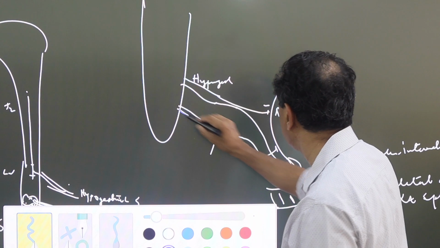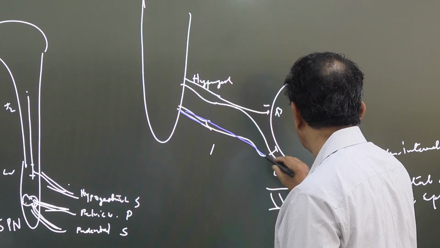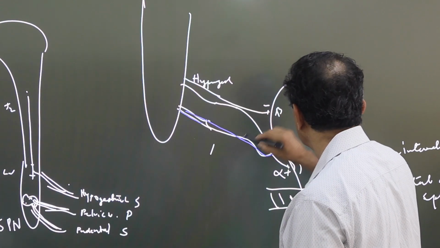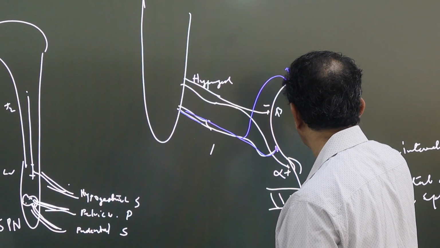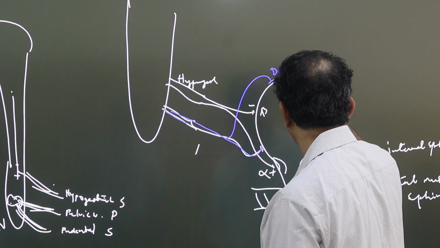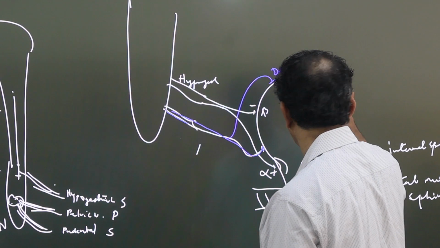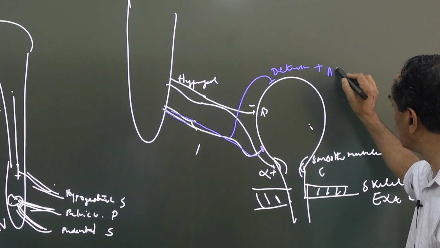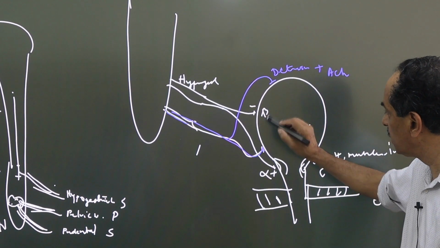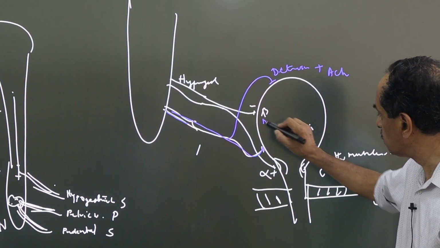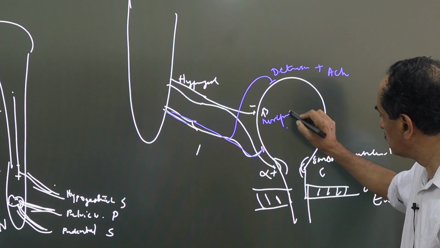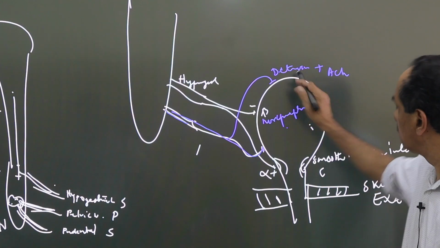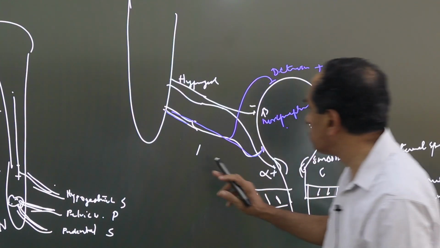The pelvic nerve supplies the detrusor. The mediator there is acetylcholine. Here it will be norepinephrine. It's not so. And then comes the